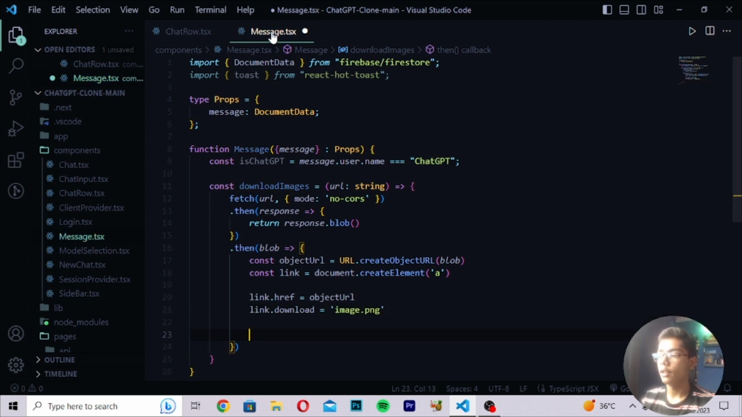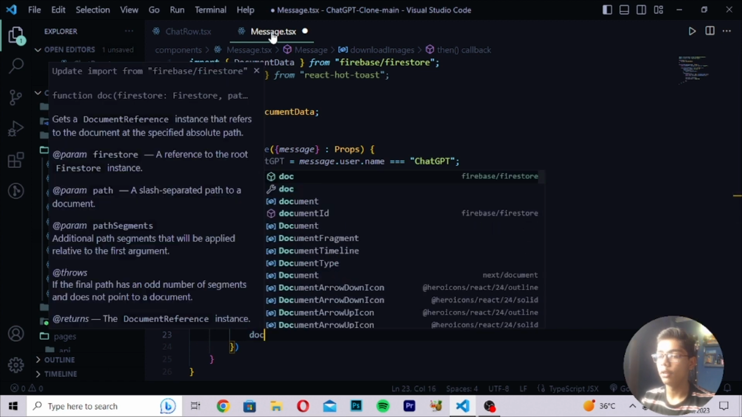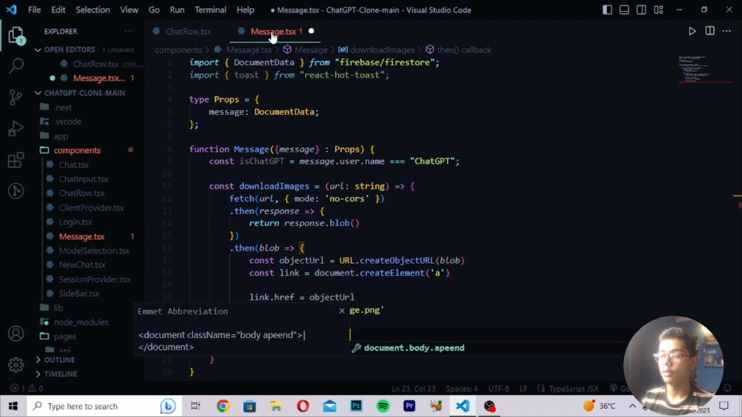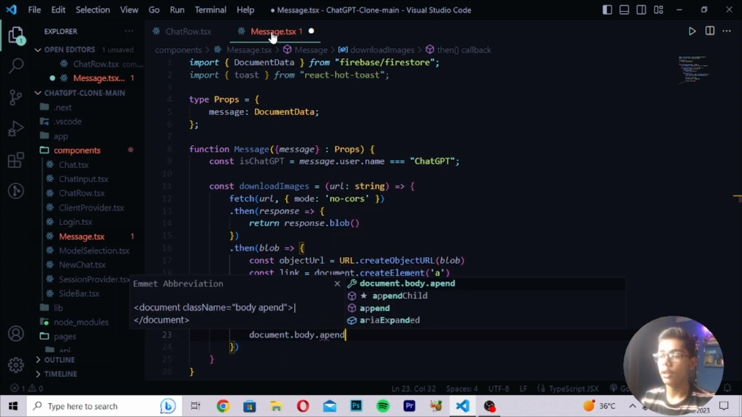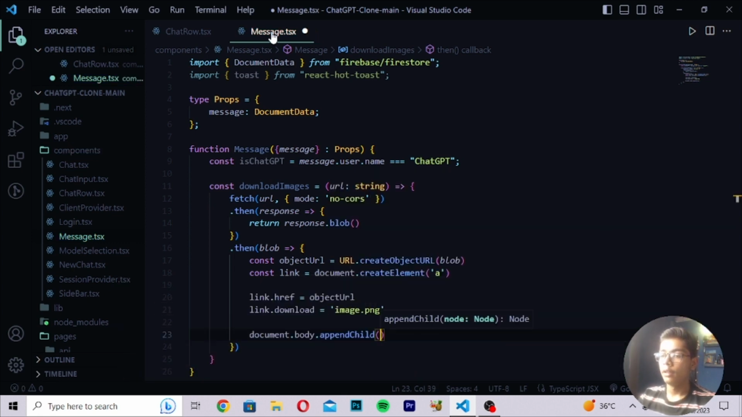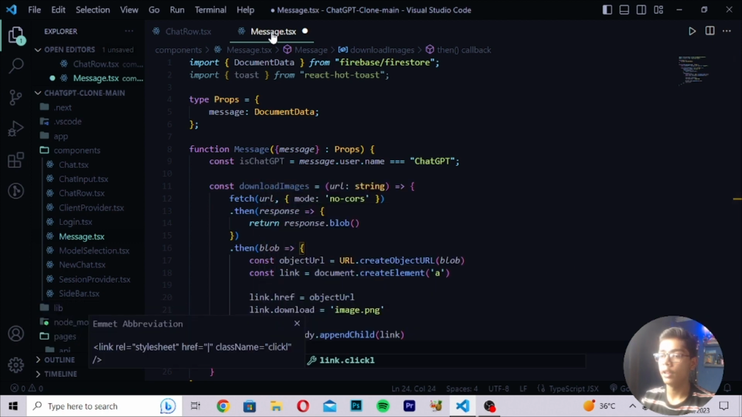After writing this tag, you have to do one thing. Here you have to write document dot body. Then here I will be writing dot append child. So here I will be now writing append child. Then I will be making this tag here, and then after writing this, you have to do one thing. You have to write link. Then I will be moving down, write link dot click, and then I will be making this tag here